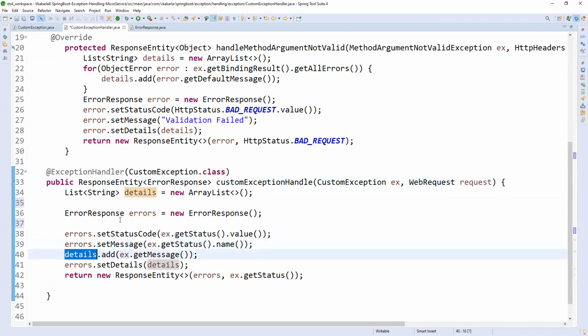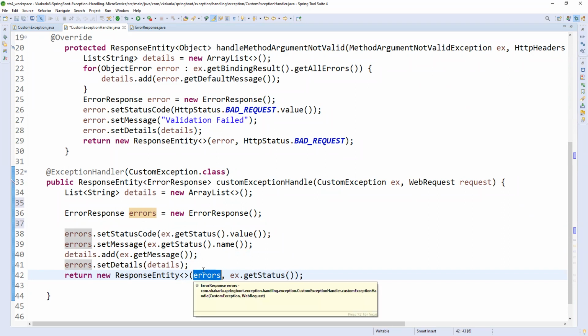And details.add, a list of strings, right? So I'm adding the details, and I also pass these errors to this response entity. New ResponseEntity of object, it will go to the error object.